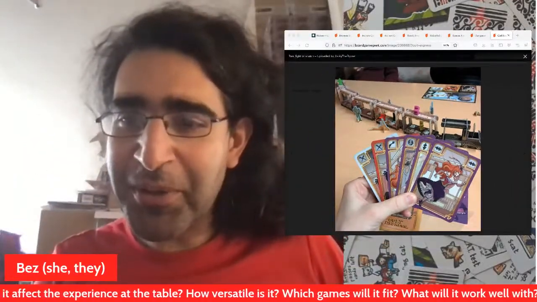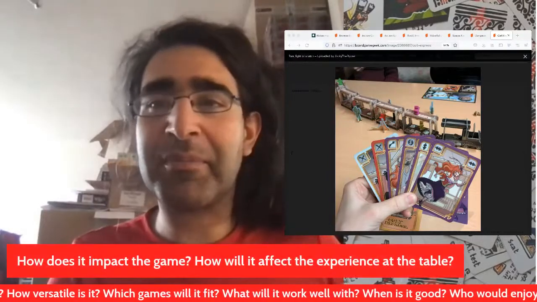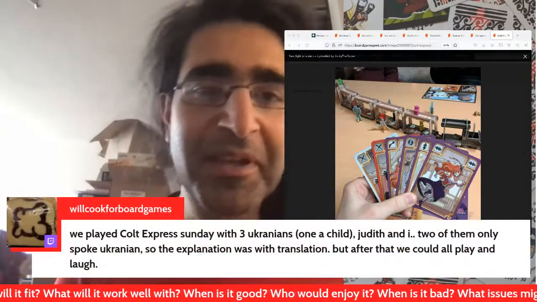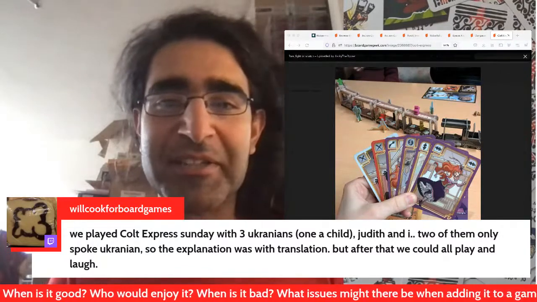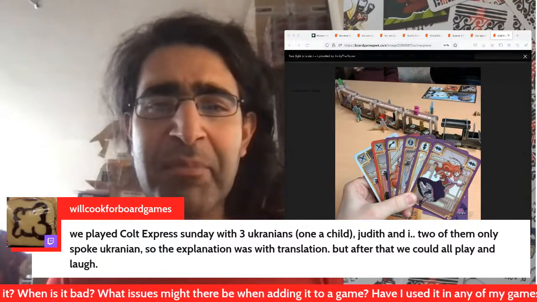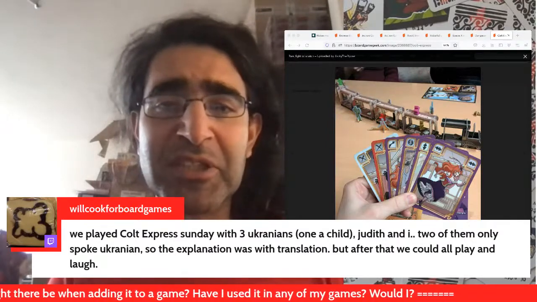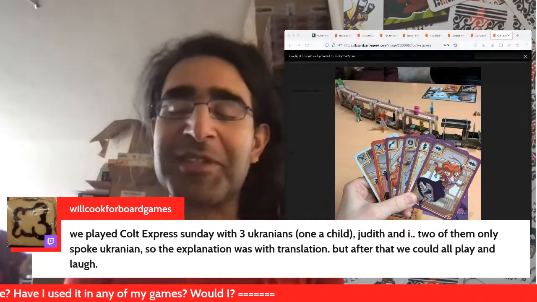And we move on to, how does it impact a game? How will it affect the experience at the table? And Sate says, we played Cult Express on Sunday with 3 Ukrainians, one a child, Judith, and me. 2 of them only spoke Ukrainian, so the explanation was with translation, but after that we could all play and laugh. I think this is just kind of,